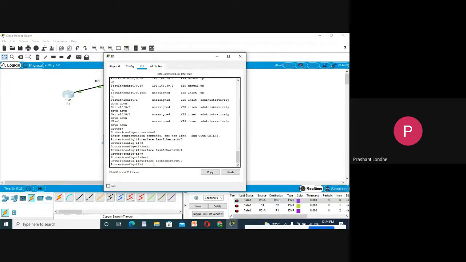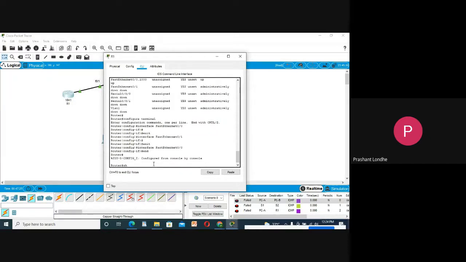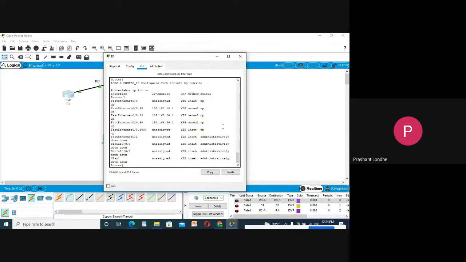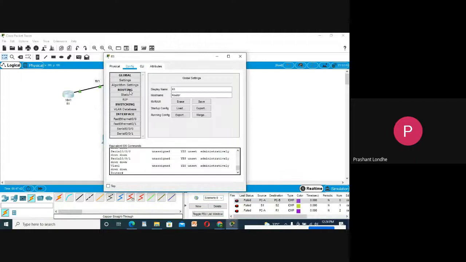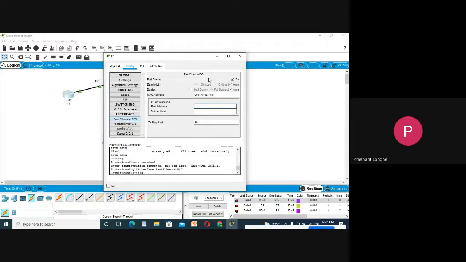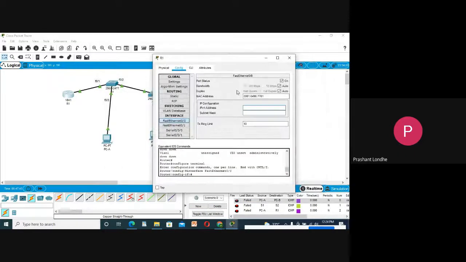So we have completed this practical. You can see in show IP interface brief that all the ports are on. So basically, we have completed our practical. Also, we can do one thing. We can assign one IP address to this FastEthernet, like 192.168.20.1.